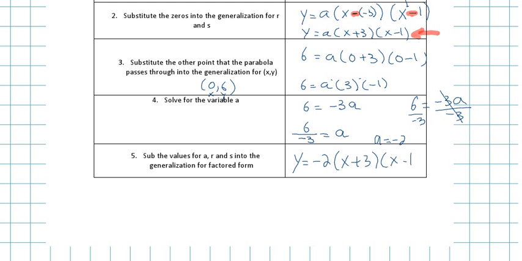Similar to the vertex form, but with the vertex form we use a different equation. So you can just leave it at 6 or